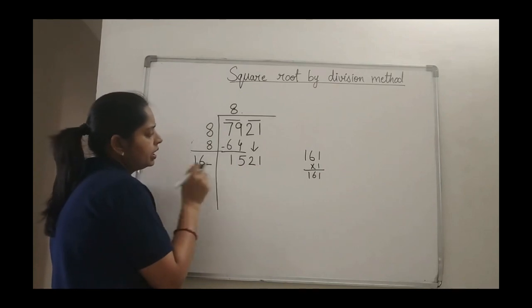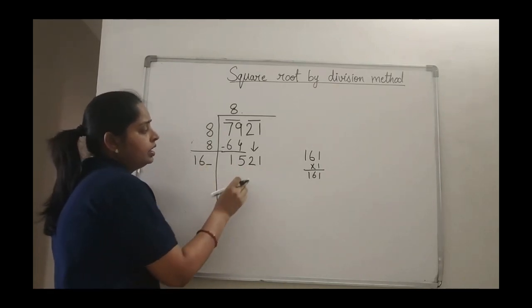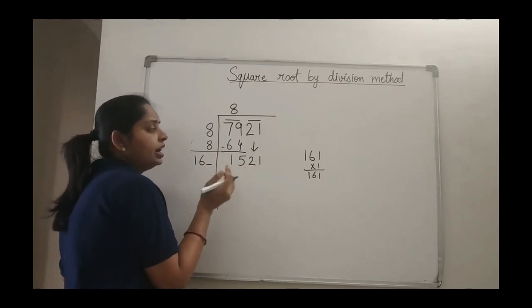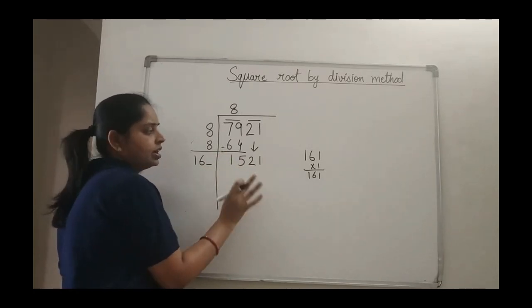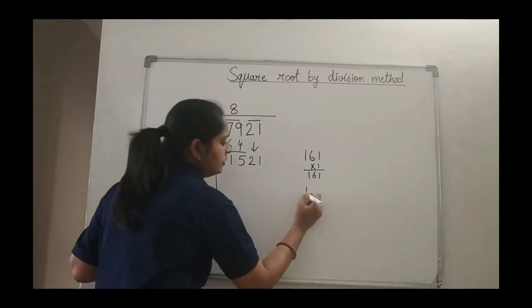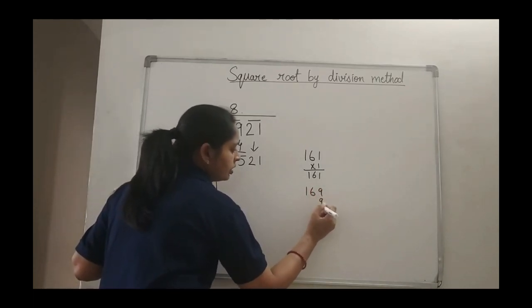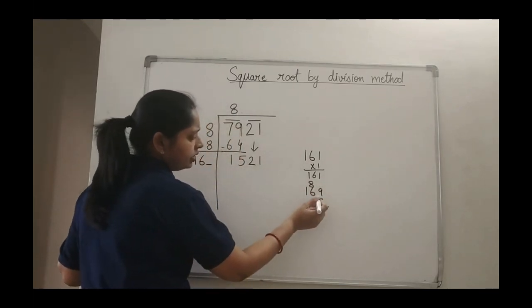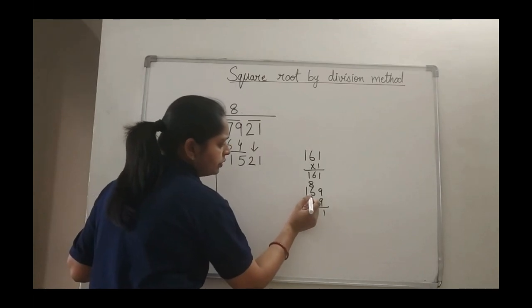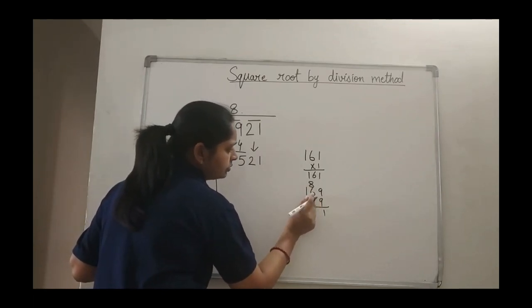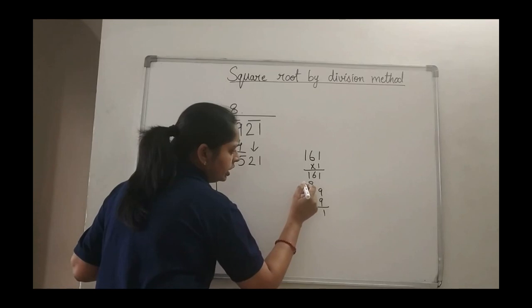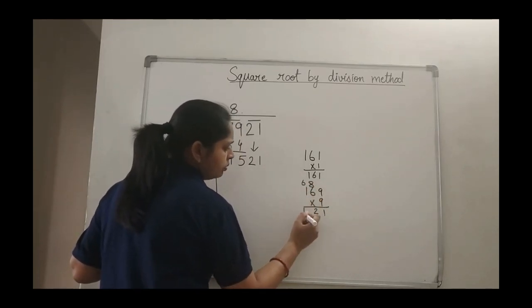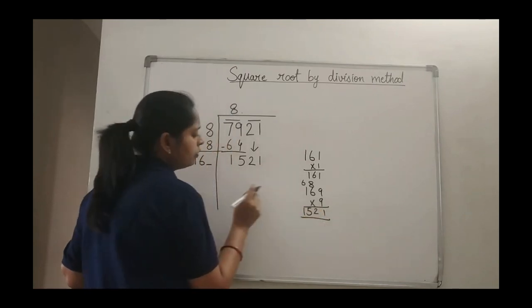So, by which number I can get the 1 in? You know that we can get 1 with the end of 1 1s is 1 or 9 9s is 81 is ending by 1. Any other number is there? No. So, I will see for 9s. Okay? 9 9s is 81. 9 6s is 54. 54 and 8 will go for 62. 9 plus 6 is how much? 15. So I got 1521.